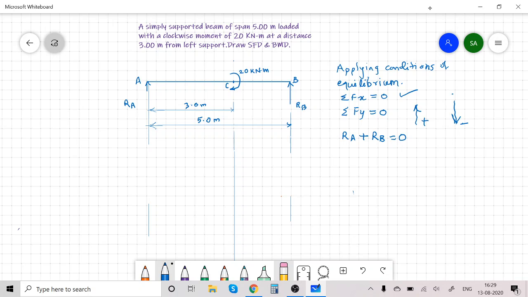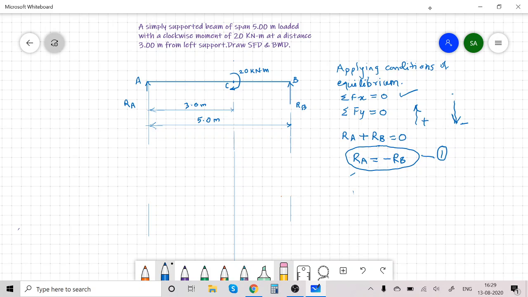Remember, we never add area in volume or volume in area. Similarly, don't add forces and moment. The addition is impossible. We can't do like that. So only consider for this condition the vertical forces, that is RA and RB. So simplifying this, what I will get, RA is equal to minus RB. So this is the first equation, equation number 1.